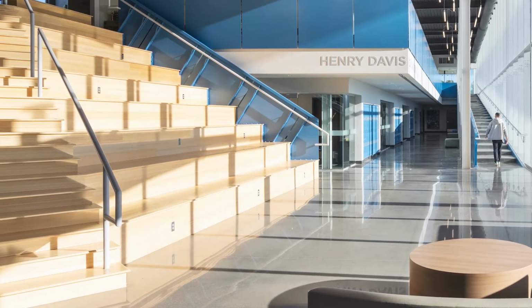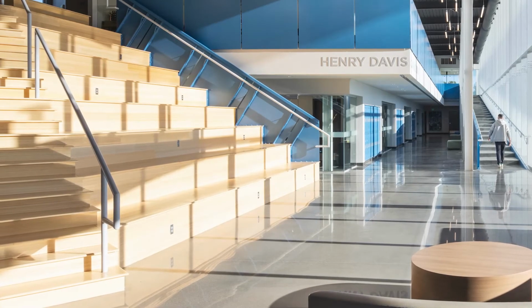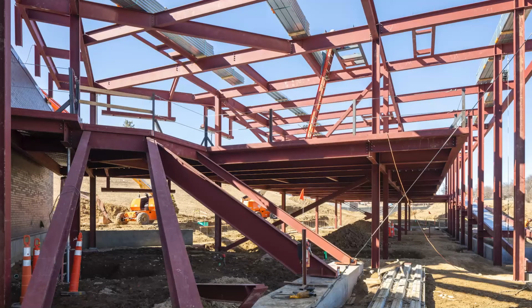They provide an informal gathering space for students and can also be used for group presentations. The learning stairs are framed with sloping, wide-flange raker beams. Concrete on metal deck was formed to create the treads for the sitting areas. The smaller treads for the stair steps were then placed in a second pour to help with constructability. Using steel framing for the learning stairs allowed the open area underneath the stairs to be used as additional space